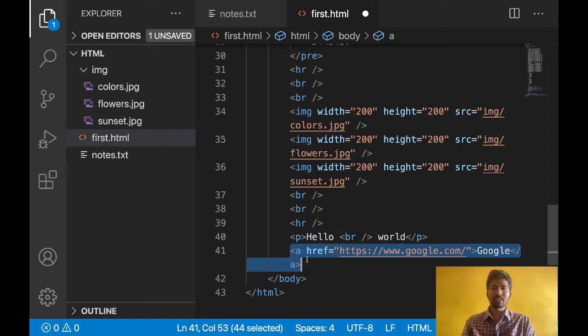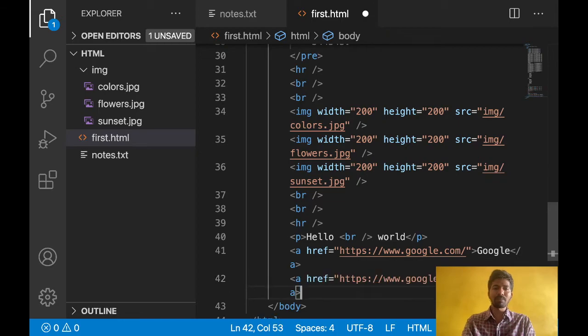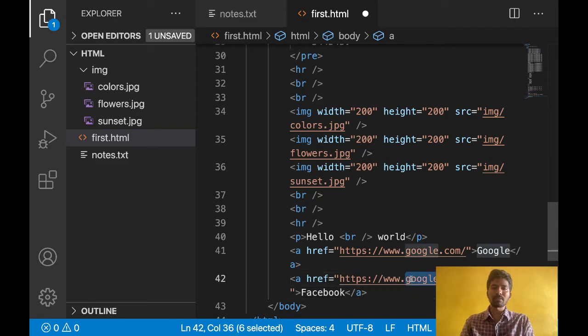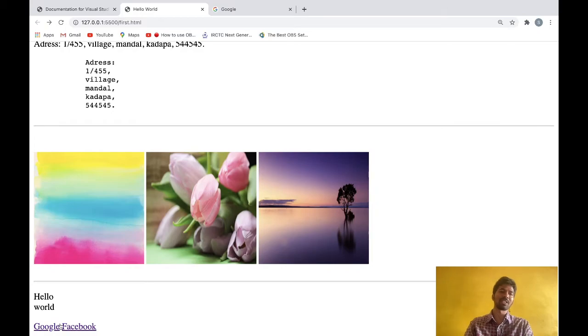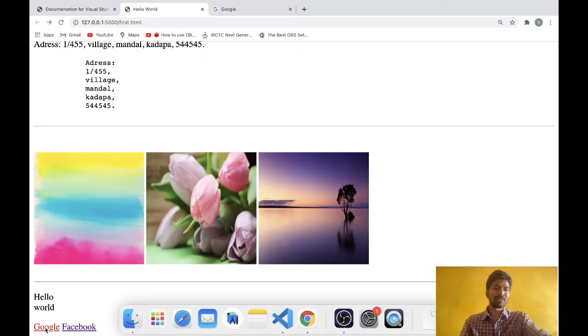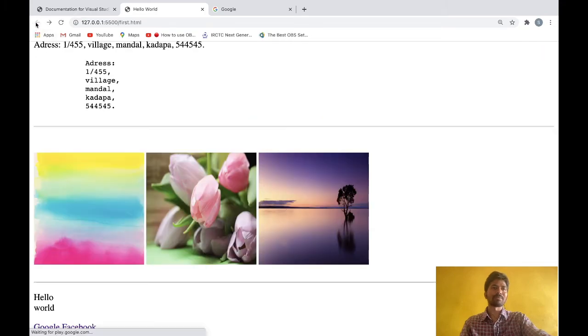Next, this is about link. I want to add Facebook also. I want to display a Facebook link also. Your Facebook website address is this one. Just see how it will come. See, I have Google and Facebook links in my web page. When I click Facebook, it will navigate to Facebook. When I click this Google, it will navigate to google.com.